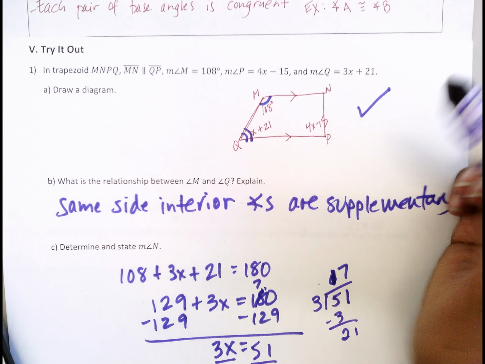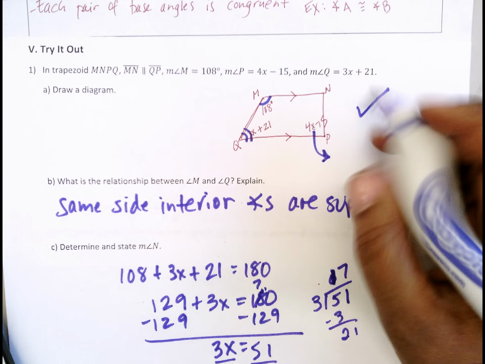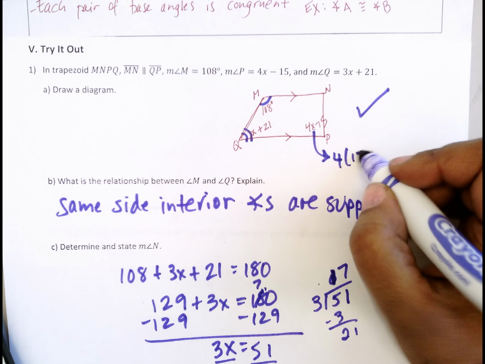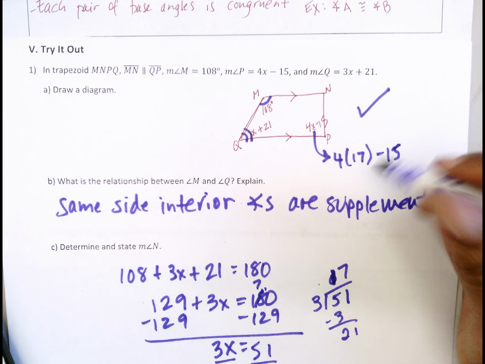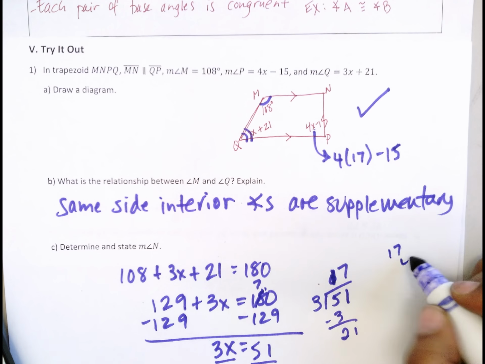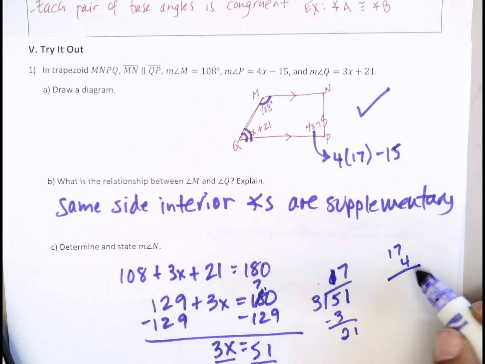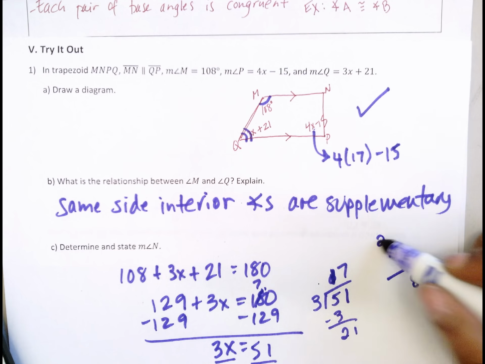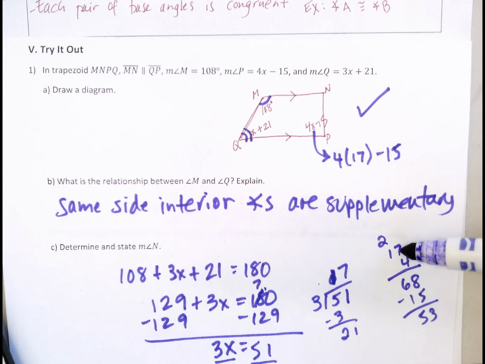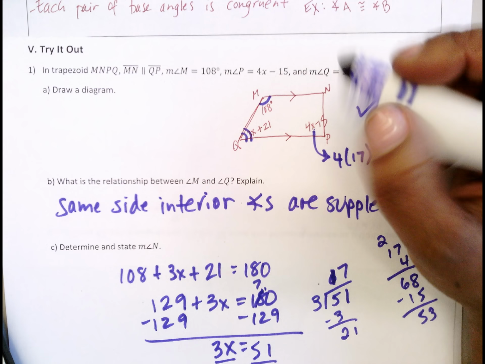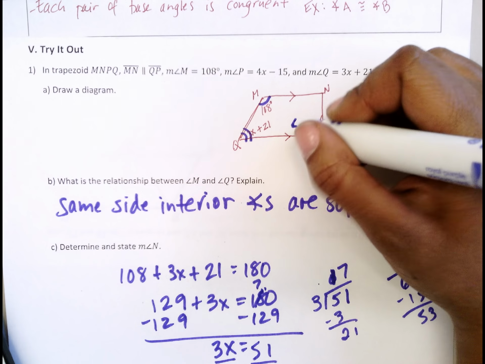then I'm going to plug it in here. 4 times 17 minus 15. Okay, I'm just going to multiply it on the side here. 4 times 17, that's 8, 68 minus 15 is 53. Hopefully I calculated correctly. 17 times 4, 68, minus 15 is 53. So that means this here is 53,